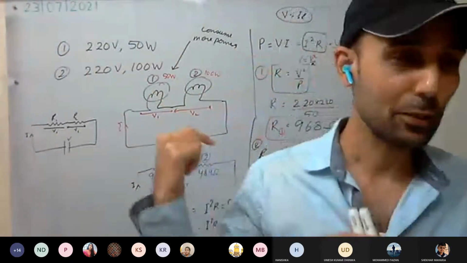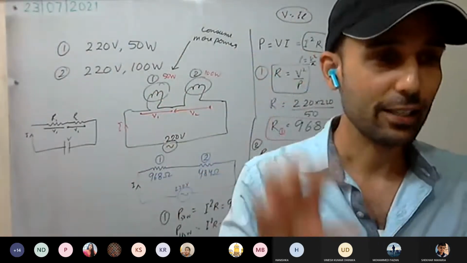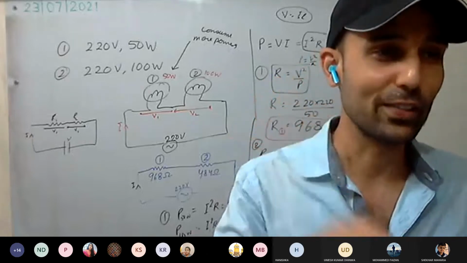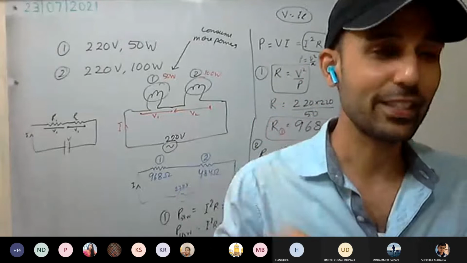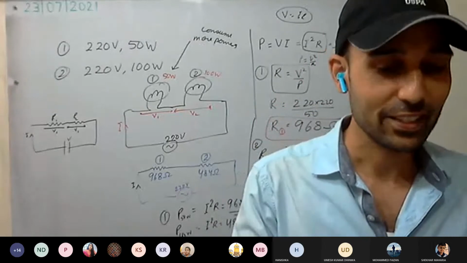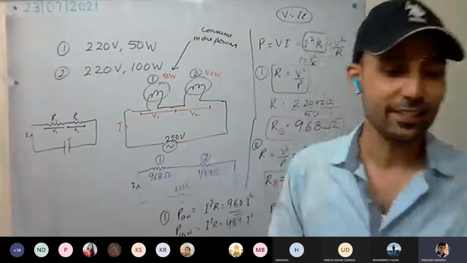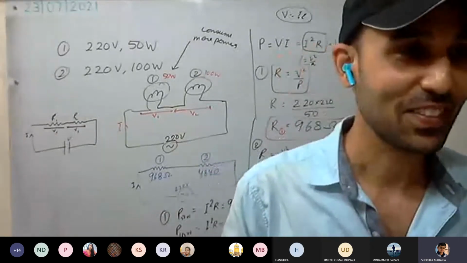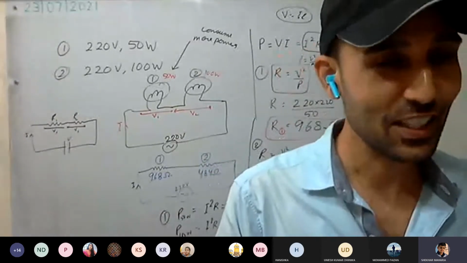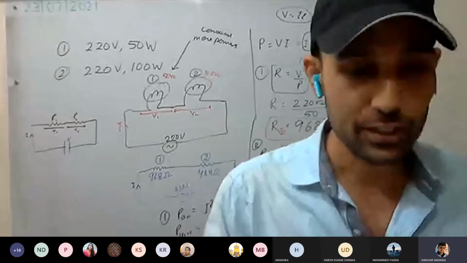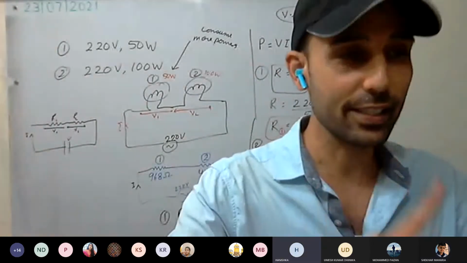I have done these experiments while I was a child as well, with a small bulb and a bigger bulb. The small bulb will glow, but the bigger bulb won't glow even, if you connect them in series. This has happened. Sir, you were very intelligent as a child also. No, it's not like that. Okay, is this clear? Yes, sir. Have you understood it well? We will be discussing it again.